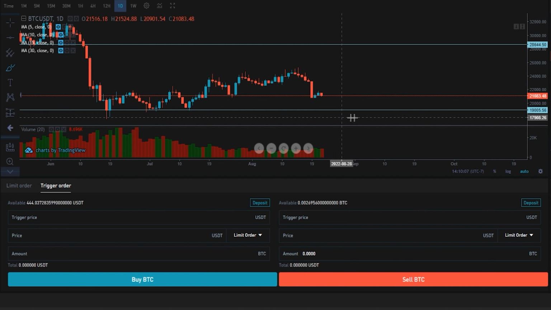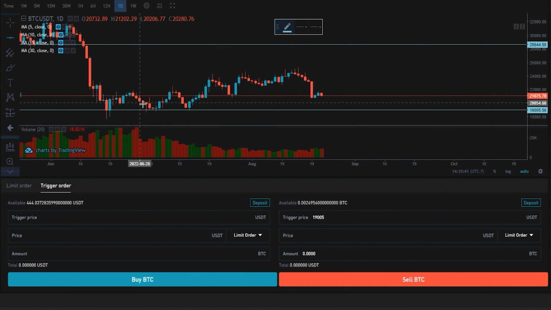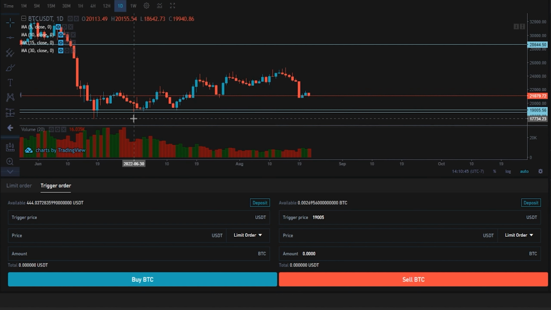We can see over here on the y-axis of the chart that we've marked support with this horizontal at 19,005. So let's come down here and put that into trigger price, 19,005. Next, we need to choose a price point that we want Bitget to place that order at. So let's come back up to the chart and grab a horizontal here. And just for this demonstration, let's just imagine we want to use these wicks right here. So we'll go ahead and mark them off with that horizontal. Now we can see the price point on the y-axis of the chart at 18,662. So let's enter that into price,